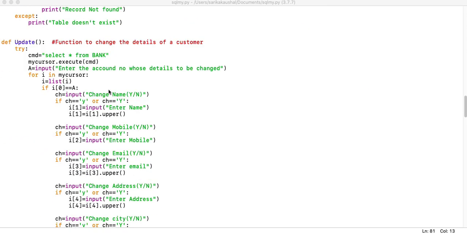In the same way, for updation we have done the same thing. For updating the record, you have issued a query. First of all, you take the record one by one, fetching it and taking it into I. We know that the data has a value in terms of a tuple, and for updation I need to make changes to the data. Therefore I have temporarily converted it into a list, and wherever changes are applicable, whether in the name, mobile number, email or address, I've made the changes.